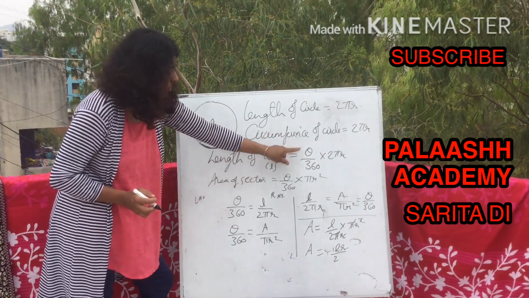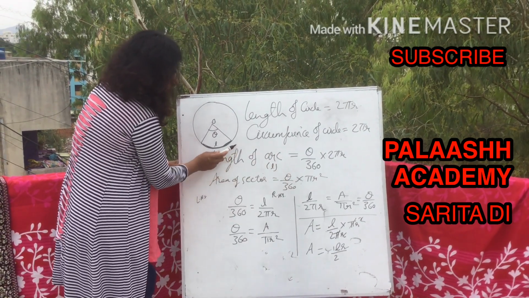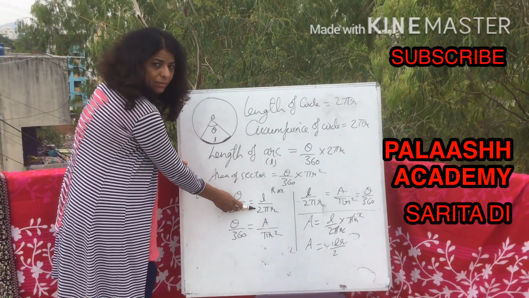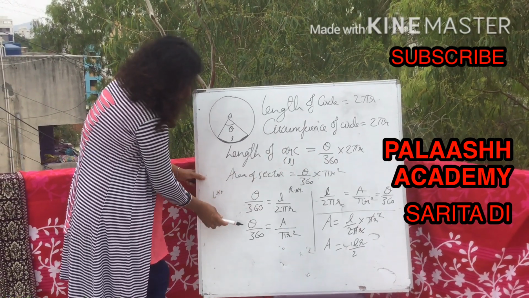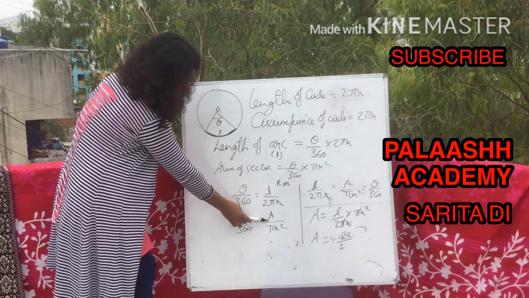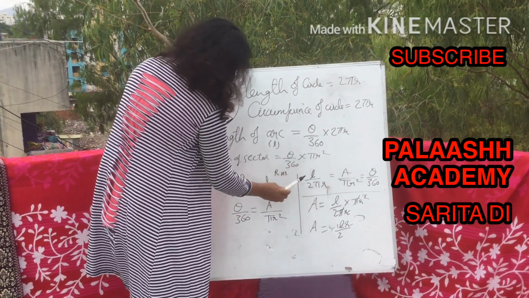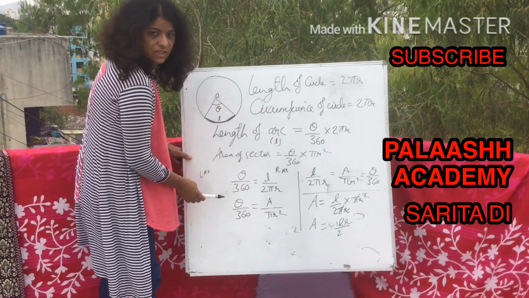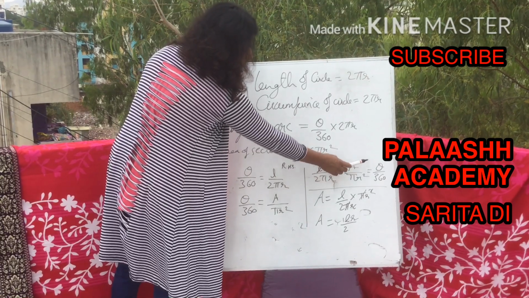अब अगर हम इन दोनों फॉर्मूलाज को इक्वेट करते हैं तो देखो थीटा अपॉन 360 यहाँ पर है तो लेंथ अपॉन 2 पाई आर इसका फॉर्मूला बनता है. इसको सिर्फ रीएडजस्ट किया है, 2 पाई आर नीचे आ गया. सिमिलरली एरिया ऑफ सेक्टर में से आता है थीटा अपॉन 360 एरिया अपॉन पाई आर स्क्वायर. नाउ अगर हम इन दोनों को इक्वेट करते हैं तो दिस ऑल इज इक्वल टू थीटा अपॉन 360. सो दिस बिकम्स लेंथ अपॉन 2 पाई आर इज इक्वल टू एरिया अपॉन पाई आर स्क्वायर इज इक्वल टू थीटा अपॉन 360.